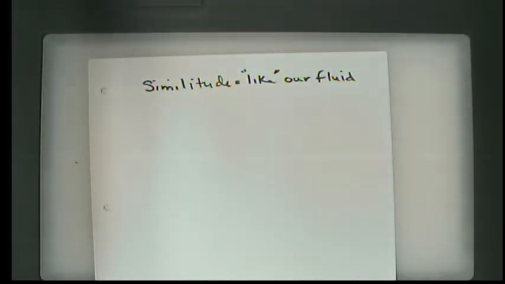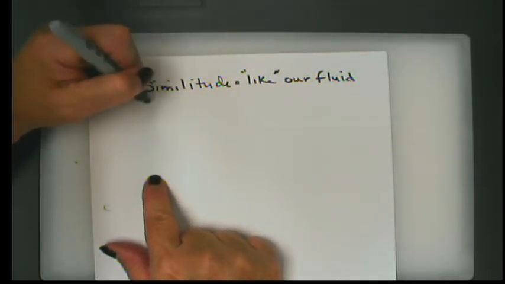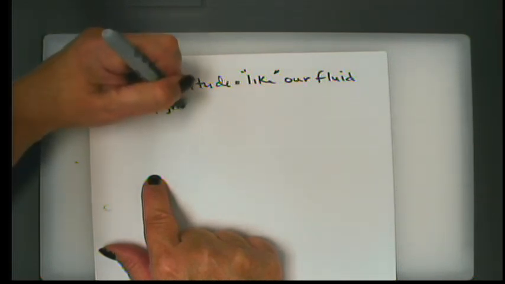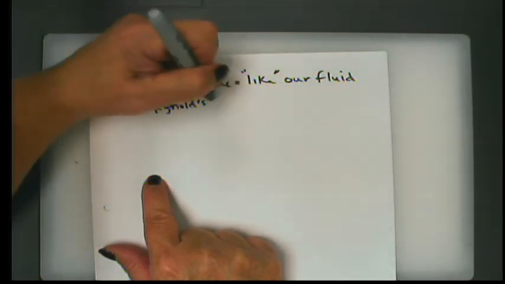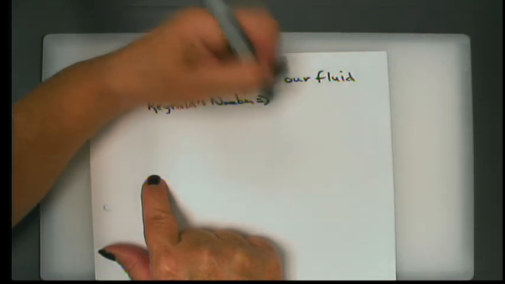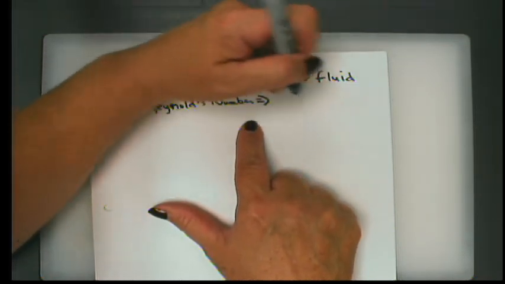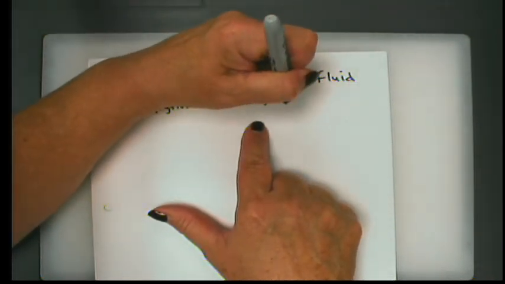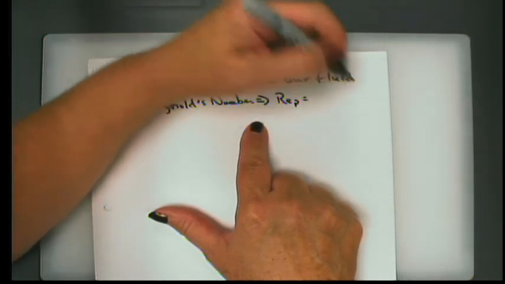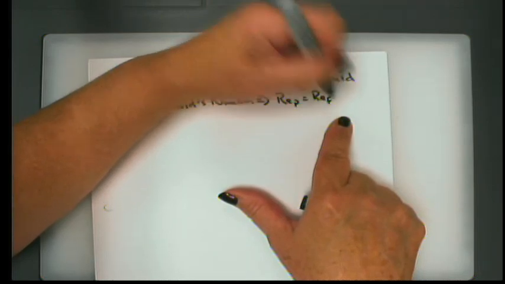So one of the things, we've talked about several of these ideas already, but one of the things that we discussed last time was the Reynolds number. Now it turns out that the Reynolds number is very important in that in order to look at a particular fluid flow, the Reynolds number of our prototype must be very similar to the Reynolds number of the fluid regime